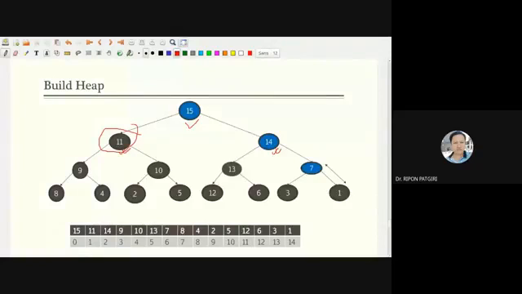And 9 has 2 children, 8 and 4. 10 has 2 children, 2 and 5. Check it out. 13 has 2 children, 12 and 6. 7 has 2 children, 3 and 1. All parents are larger than each child. That's why it is known as max heap.